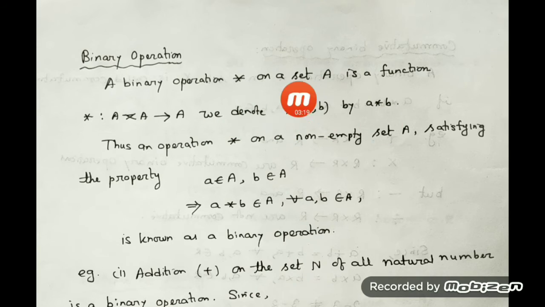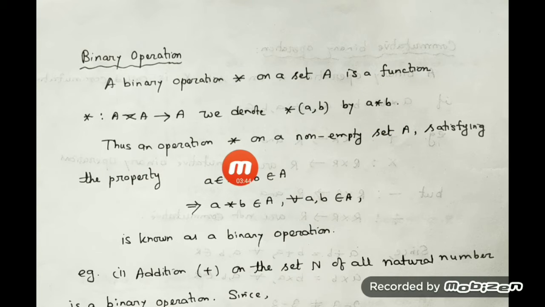Now you see why star of (a, b)? Since it's a function, we have to take an element from the Cartesian product. In the case of a general function, if f is a function from X to Y, then we denote it as f of x equal to y, is not it? So here also we write star of this element, that is equal to a star b, because star is any operation, and the resultant we will have.